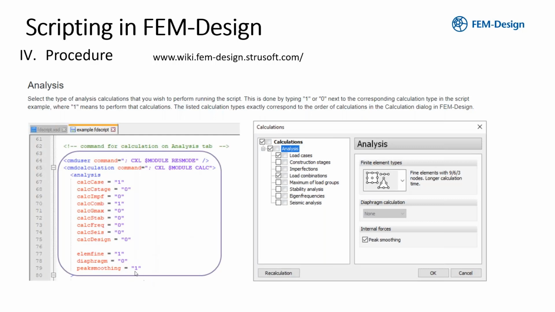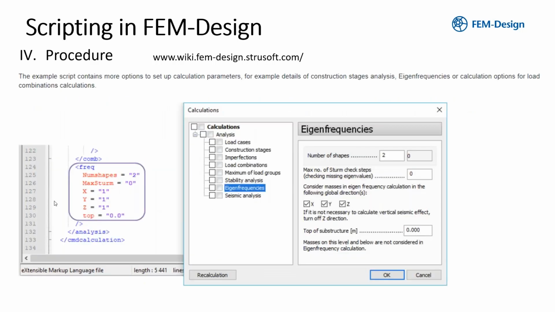For example, here at the end of the left side, you see peak smoothing equals 1, and on the right side, also in the bottom part, you see just clicked peak smoothing. So this is how you choose the type of your calculation and all the settings, as it is shown here by 1 or 0. And then another example, when you want to change the settings of eigenfrequencies calculation, you can